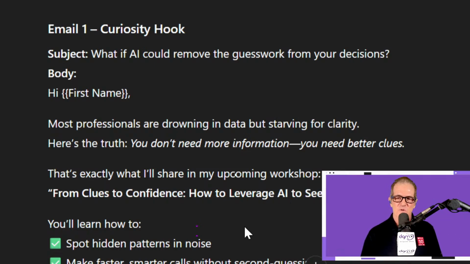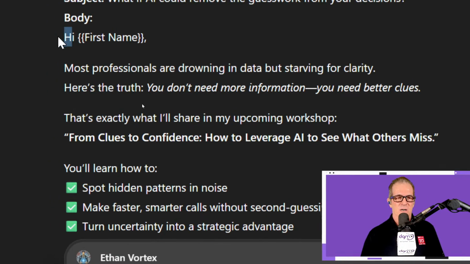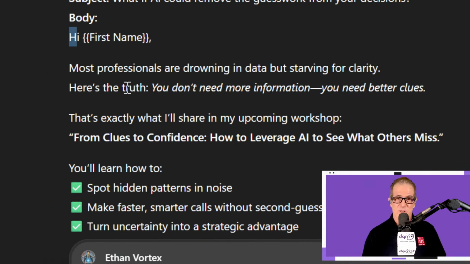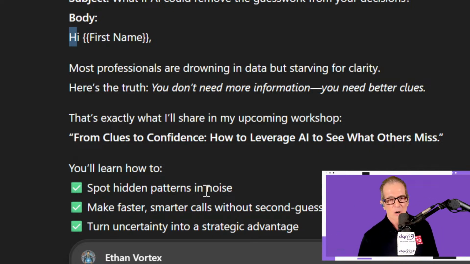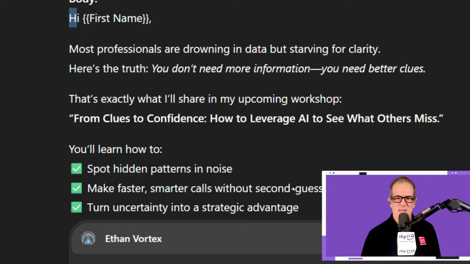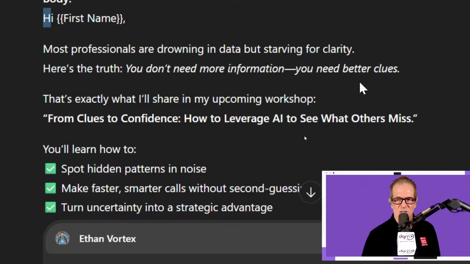What if AI could remove the guesswork from your decisions? I would be saying aloha. That's where iteration comes in. We'll go back and forth saying, hey, add the Mr. Aloha style to it. Most professionals are drowning in data but starving for clarity. Here's the truth. You don't need more information. You need better clues. Oh, because I did see